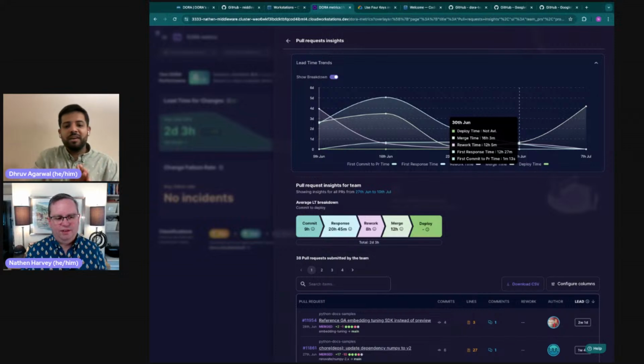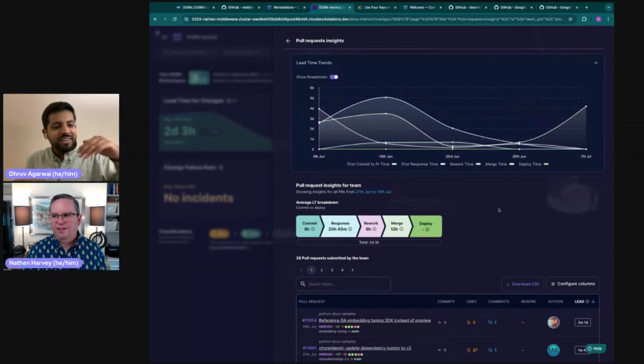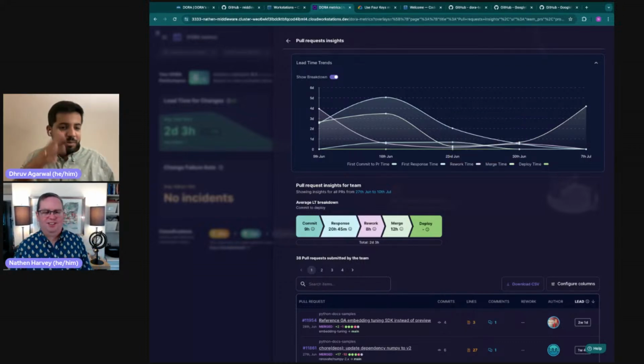At one point, first response might be a problem. At some other point, rework might be a problem. And any of these 5 stages might be a problem for you. So it's very important to see how we are progressing on that. While the absolute number might look a little off, it's always encouraging for the team to become better on that stage, what you're aiming to solve.